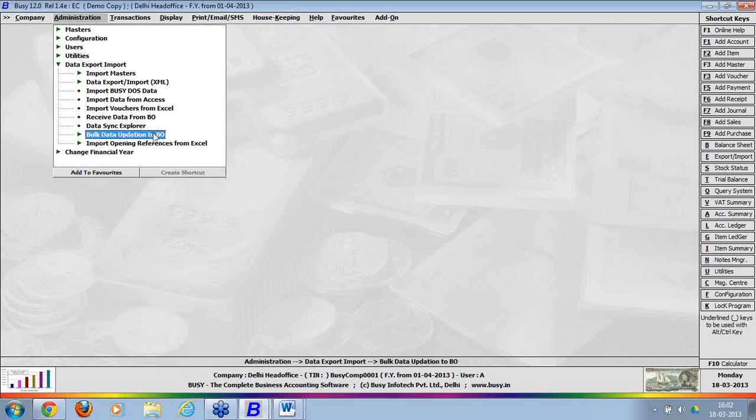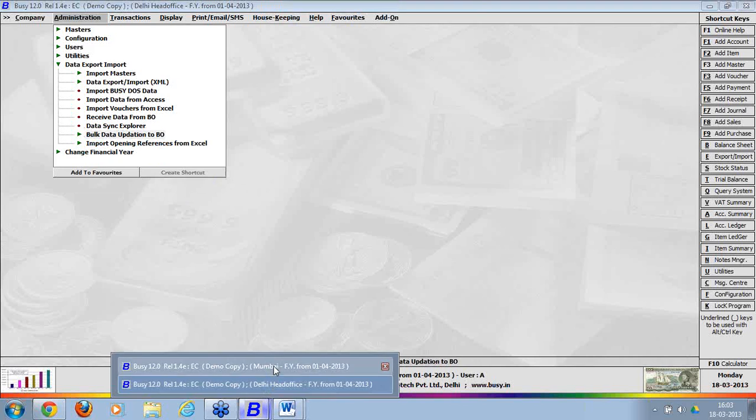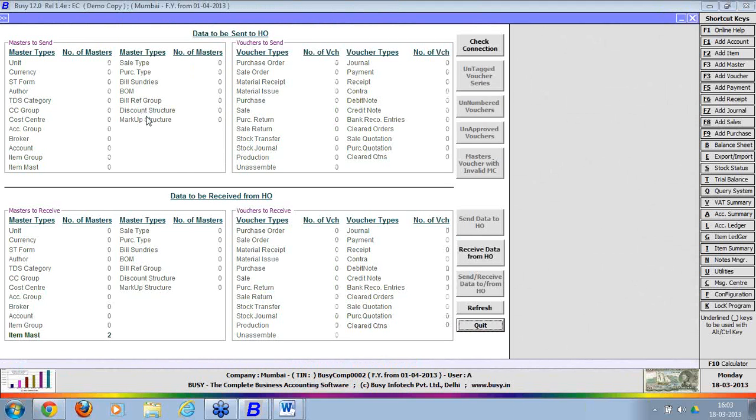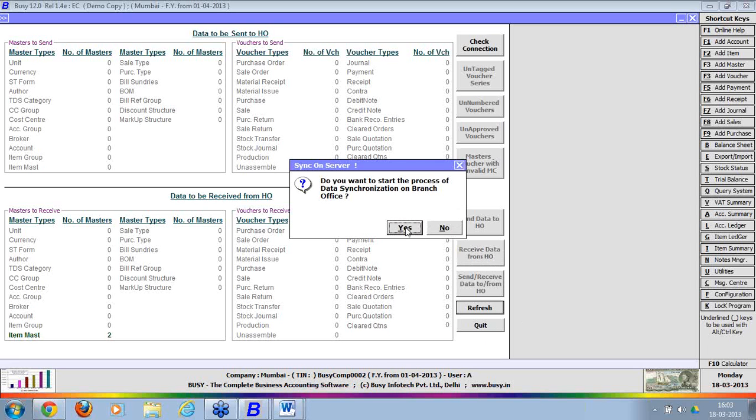Now this bulk updation we have done in head office. In branch office, when we receive data from head office, or when we click the option exchange data with HO, it will show me how much data we will receive from head office. Now when we click receive data from HO,